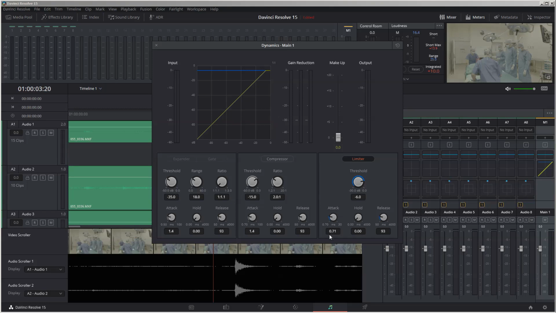So in here, we have 0.71 milliseconds. It makes absolutely perfect sense. It's brilliant, because you need a very, very fast attack time when it comes to going beyond the limit, whether for television, festival, theatrical cinema release, or set technical delivery requirements. You need to be fast in applying that. So 1 millisecond or less is brilliant. But -21, this is from a different galaxy.